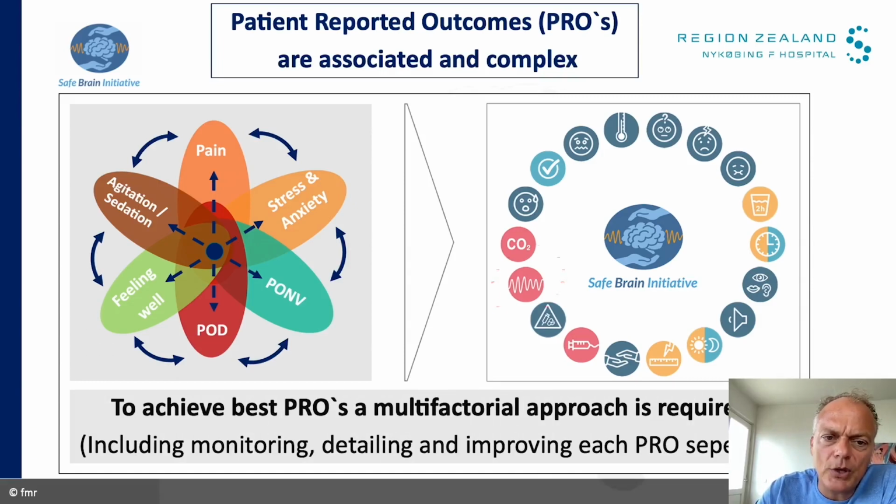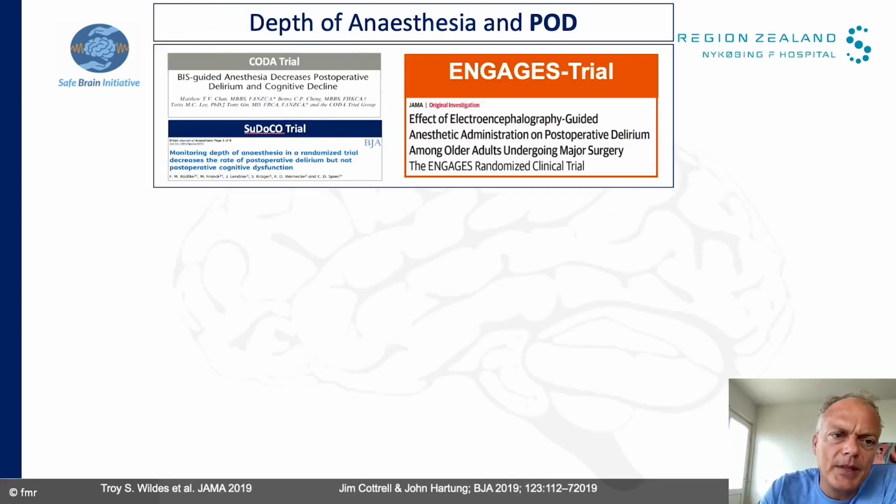There are two main randomized controlled trials that went into this recommendation. Those were the CODA trial, which was done in Hong Kong, a bit less than 1,000 patients, and the Sudoku trial, which was done in Berlin, also more than 1,000 patients, 1,200 actually. Both had a blinded arm of monitoring, where they used EEG but the anesthesiologist could not use the values of the EEG, and an open arm where the information of the EEG was available to the anesthesiologist. Both showed a significant decrease in postoperative delirium when EEG monitoring was used for guiding the anesthesia. They were published in 2013.